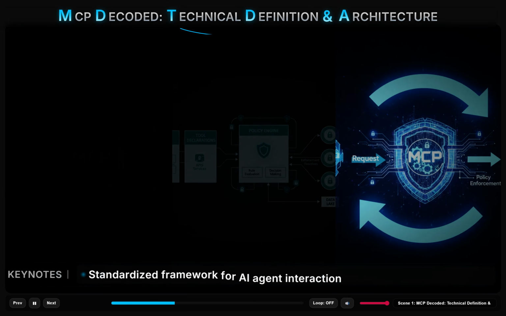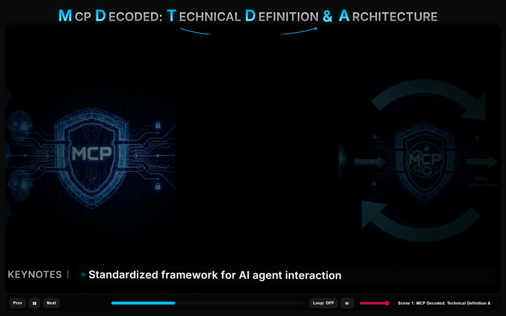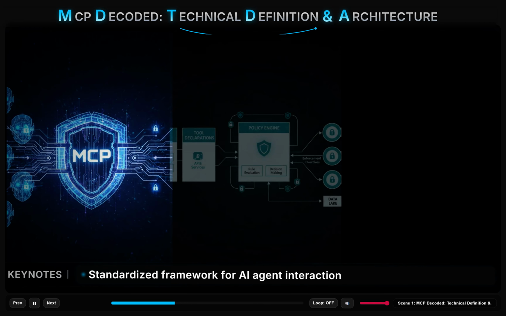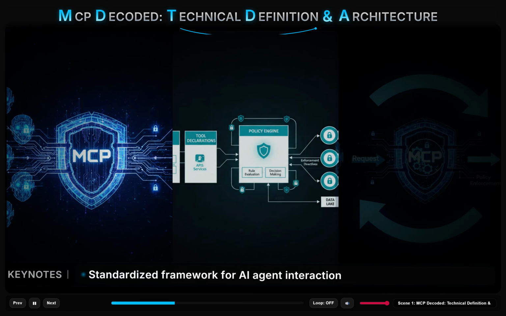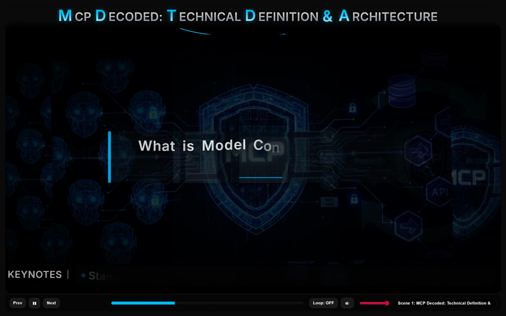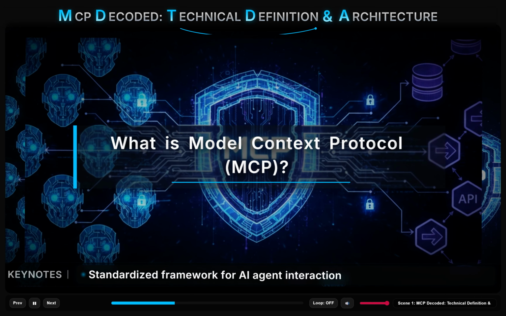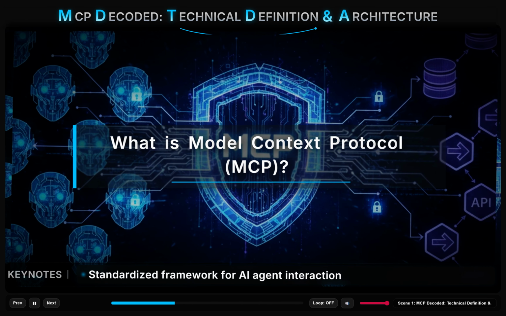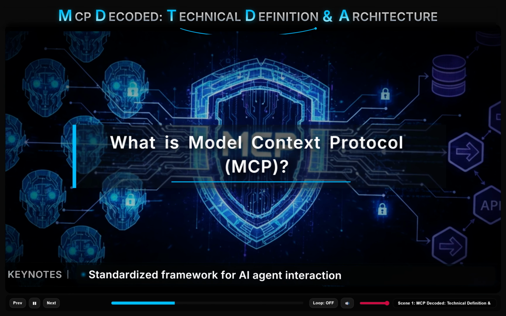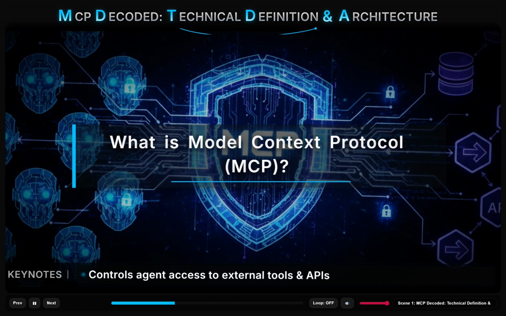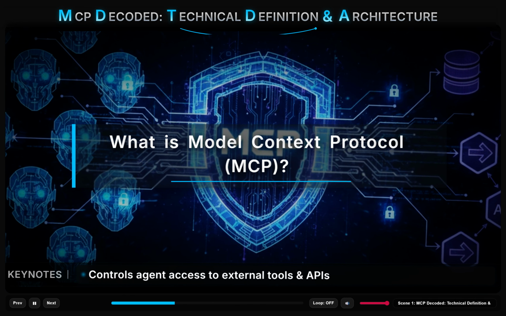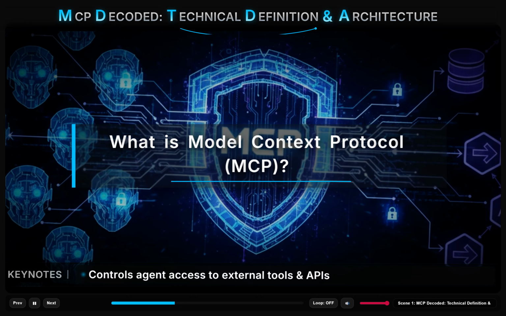Welcome, developers. You've seen the headlines, heard the buzz about AI agents, and probably felt that slight anxiety about letting them loose on your production systems. There's a fundamental question lingering. How do we actually integrate these intelligent entities securely and reliably with our critical databases and APIs without it feeling like the Wild West? You might be thinking, what is this model context protocol everyone's suddenly talking about, and why